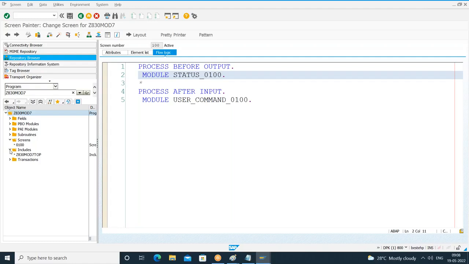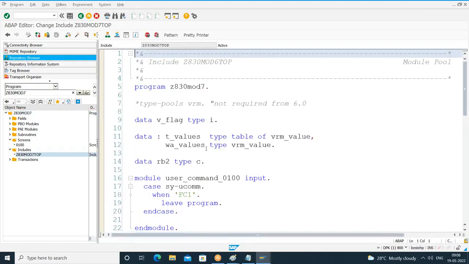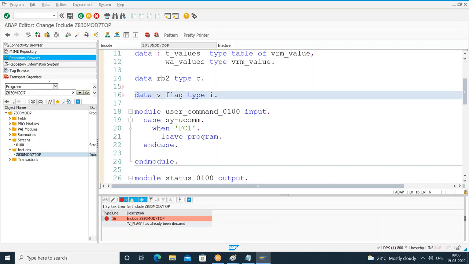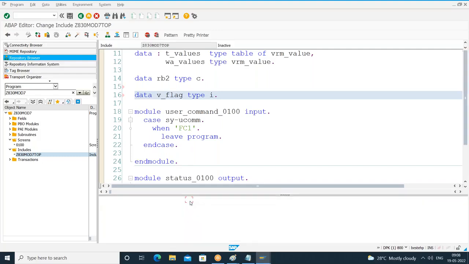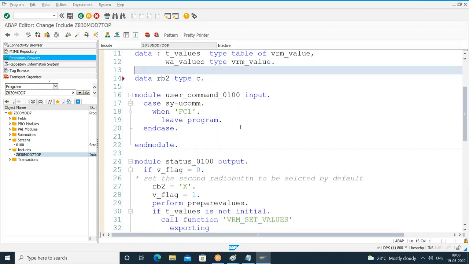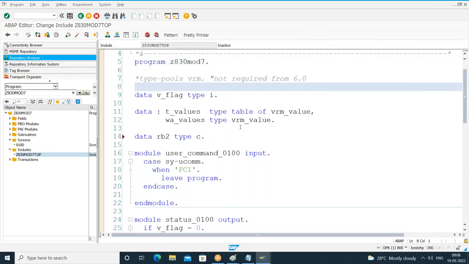So what I'll do in the top include program, I'll declare a variable: data v_flag type i. By default, the integer variable will be 0. Already declared? Okay, I already declared it for some purpose, might be for preparing the drop down. So in the PBO event,